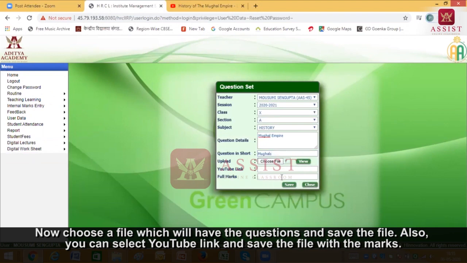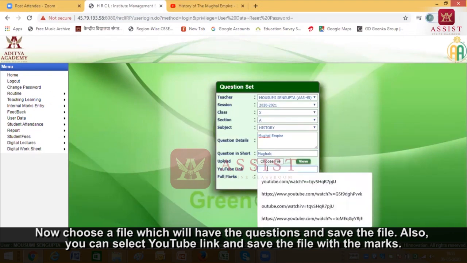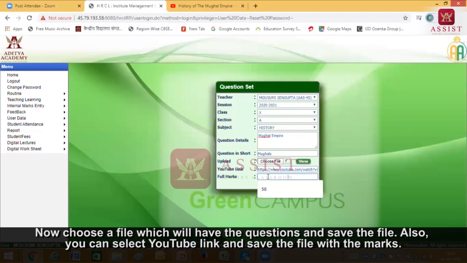And the moment you select that, the file has got saved into it. Now if you would like to put a YouTube link into this, you can do that also. So the YouTube link has also got pasted. Now for this question paper which you have set, the full marks you want to give as 50. So you write 50 and save it.